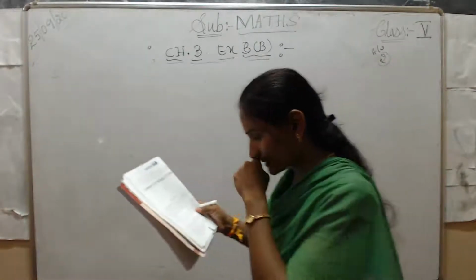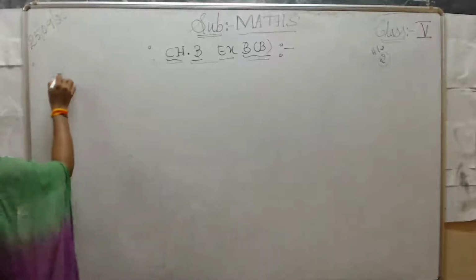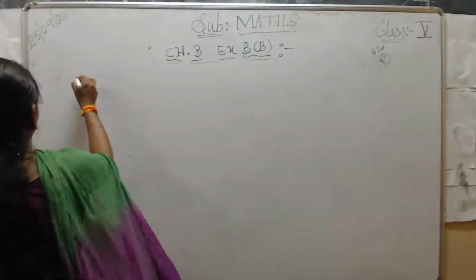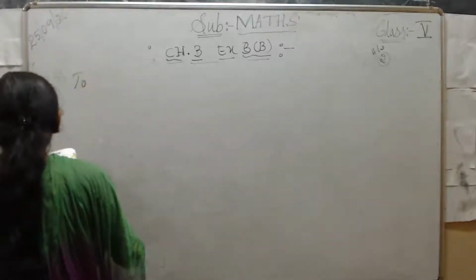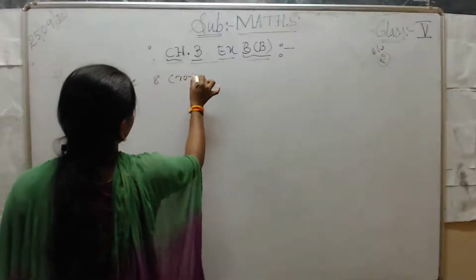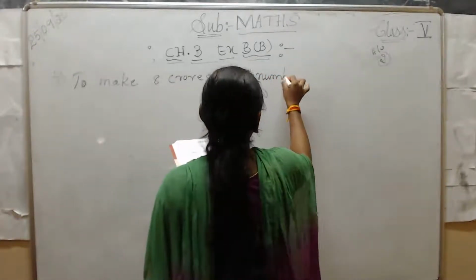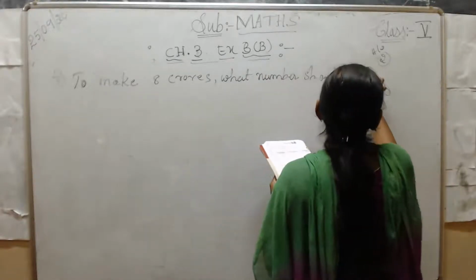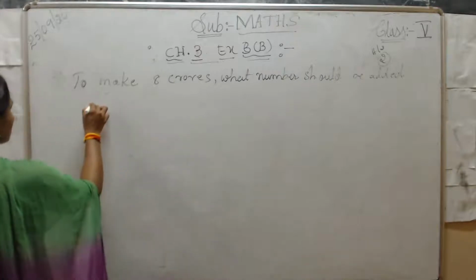Okay. Now I will explain the third one, students. In the third question, to make 8 crores, what number should be added to the sum